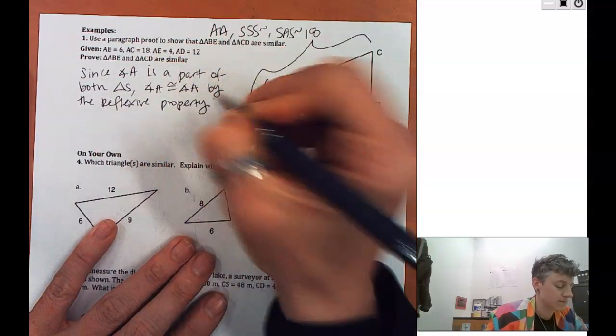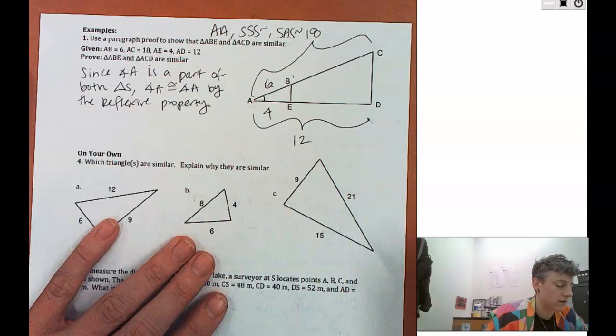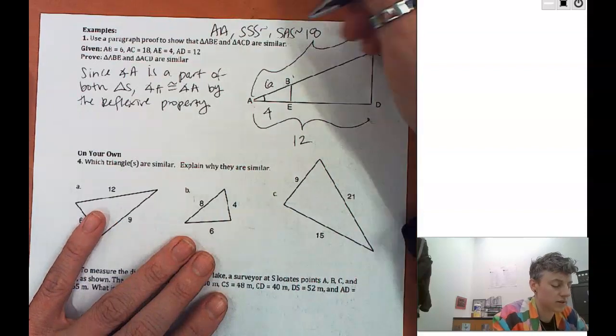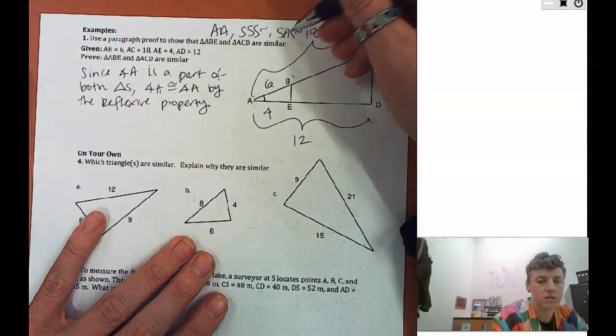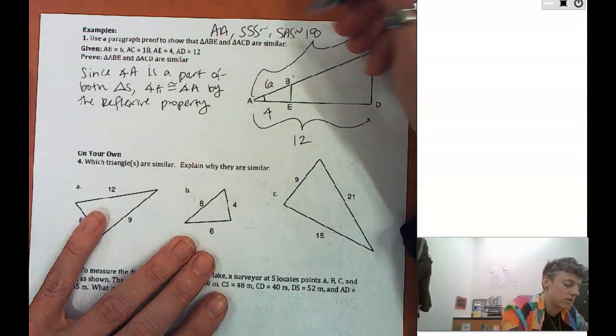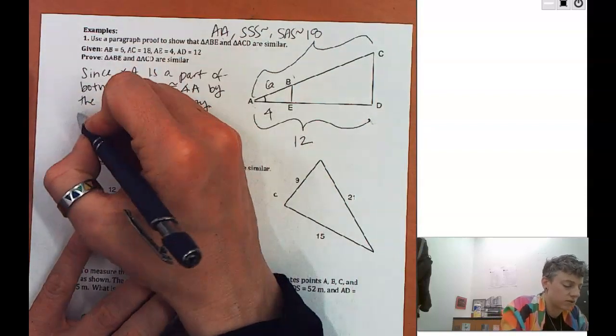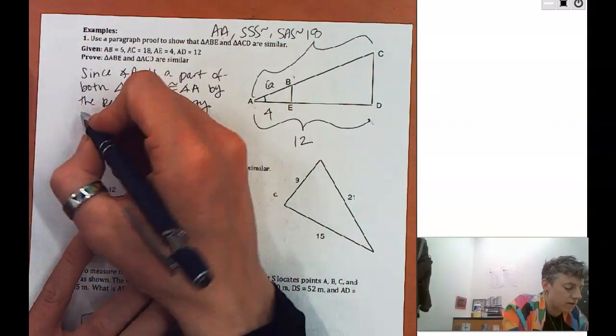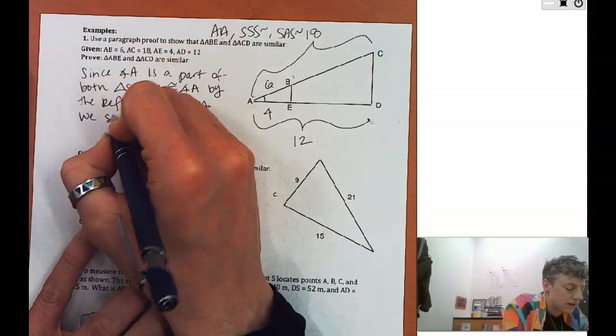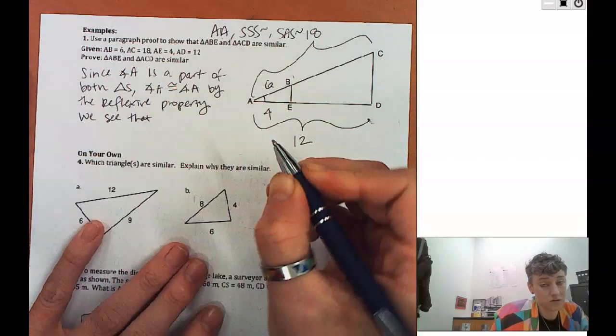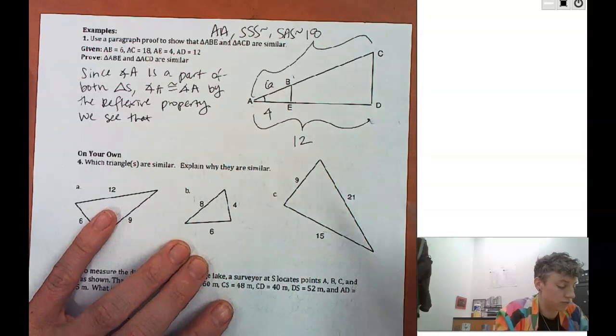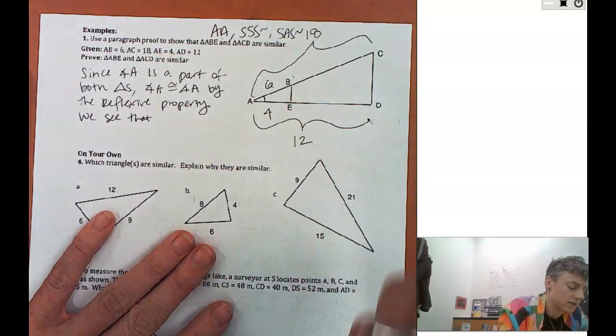To use this side angle side, we need to show that the sides are proportional. Let's just say, because I'm assuming it's going to be true since it says prove it, so let's see that